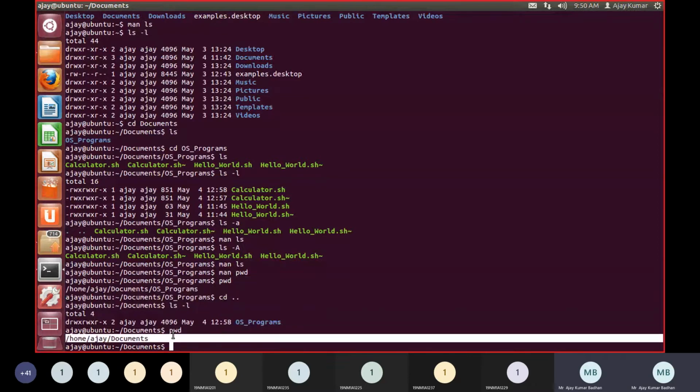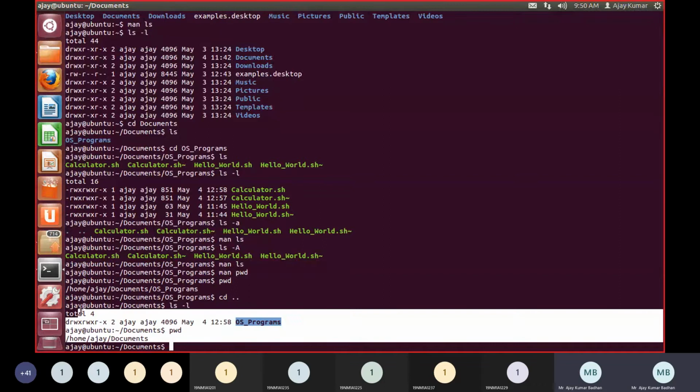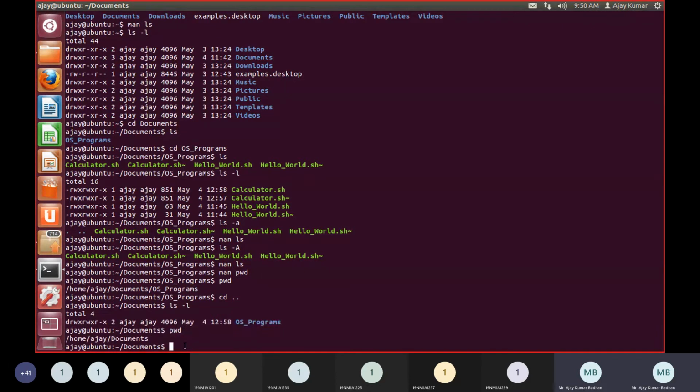So this is the way we can use the command pwd to represent the current working directory. And the next one we have is cd, which I already told you the main purpose of. Change directory. You have multiple options for change directory also. If you want to know that, simply use the man command, man space cd.